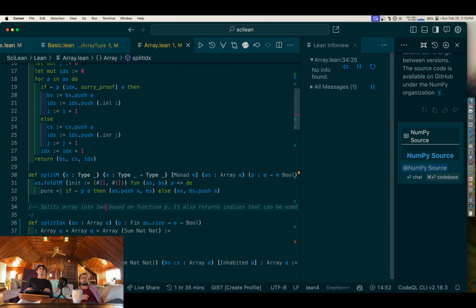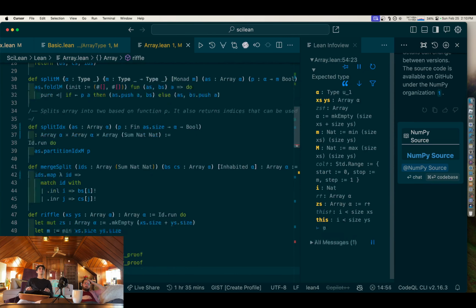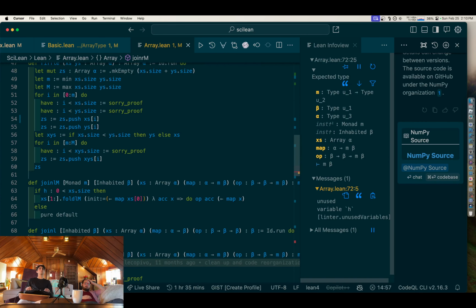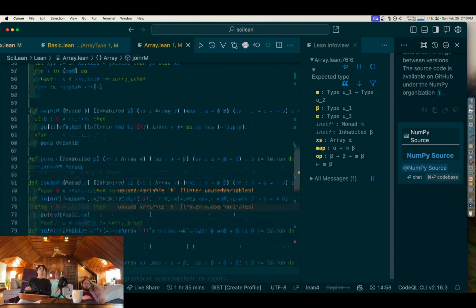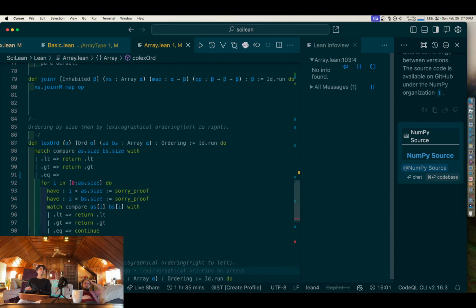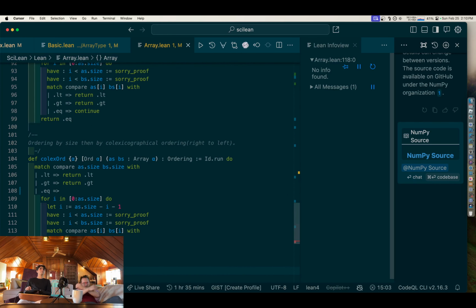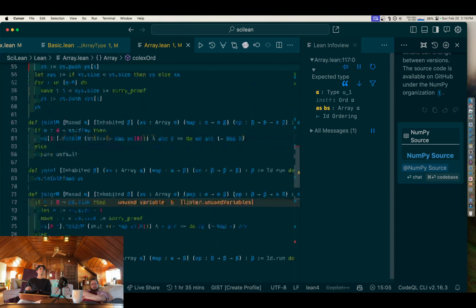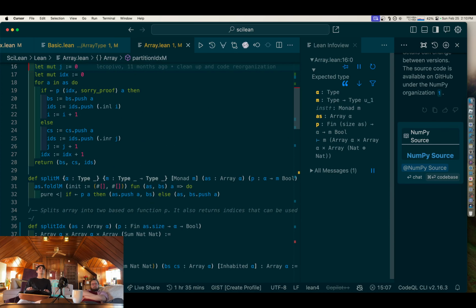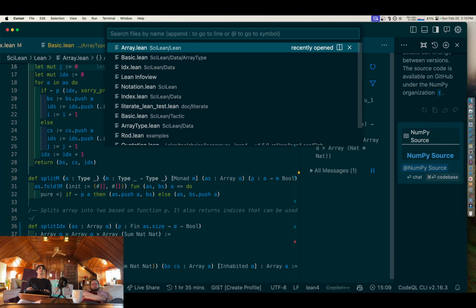We don't want split. We don't want any of these that are just operations on them. We want all operations on arrays. Is it just using an array under the hood, maybe? If it's just using Lean 4's array under the hood. Oh wait, this gives me an idea actually. I don't think it is, but